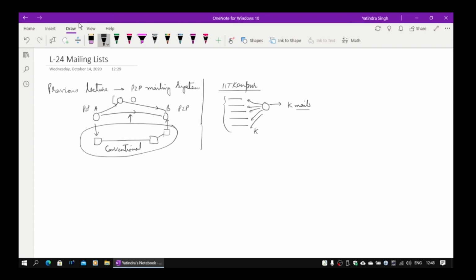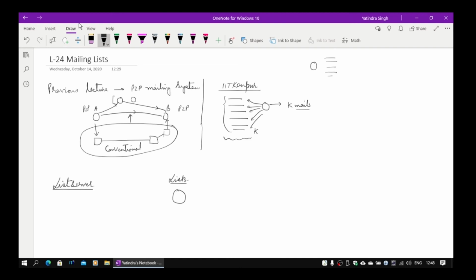There is another way. We maintain something called a list server. This is a special server or machine, and it maintains lists. The advantage of this is that I need not maintain a list of my own. In the earlier scenario, every faculty member has to maintain a list of his own. So when a new faculty member joins, I have to add him to my list, and everybody else in the faculty has to do it. If somebody fails to do it and would like to send a mail to all faculty, he will not be able to, and somebody will be missed out. So people came up with the concept of a list server.